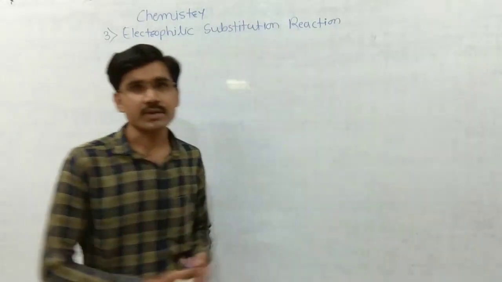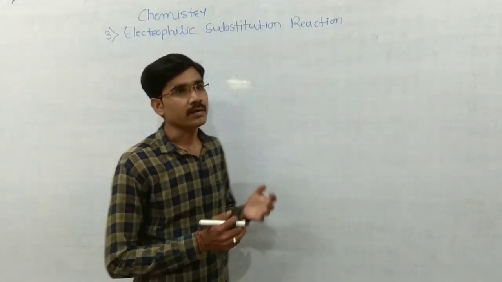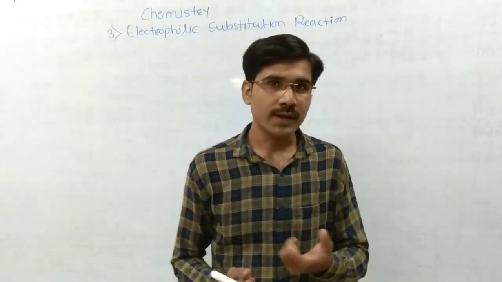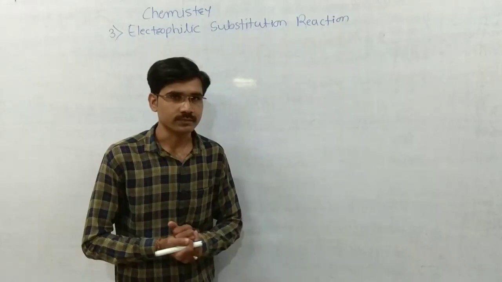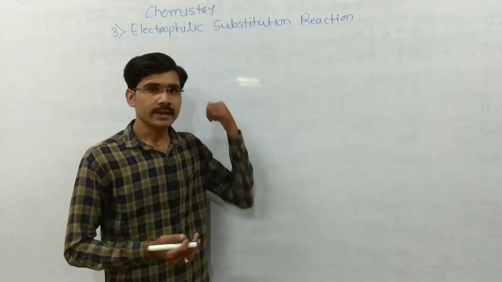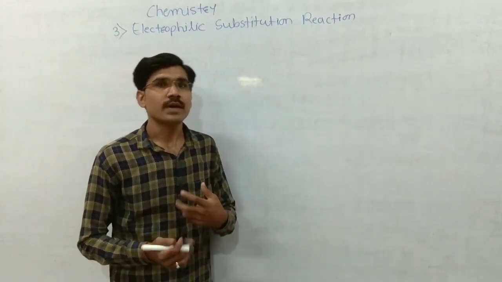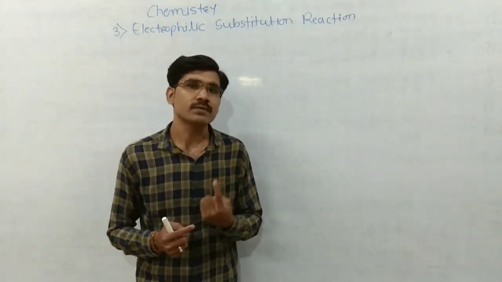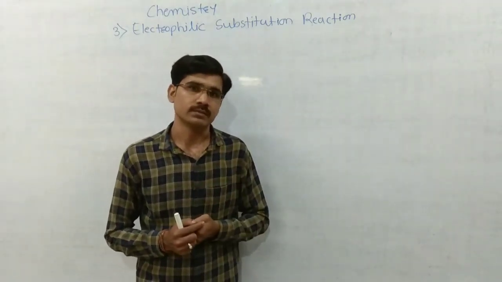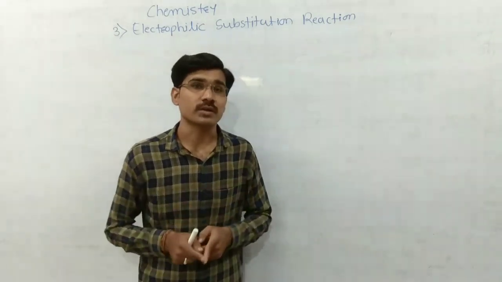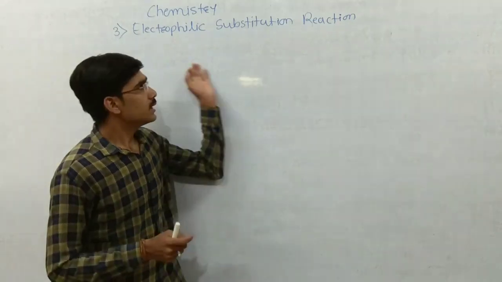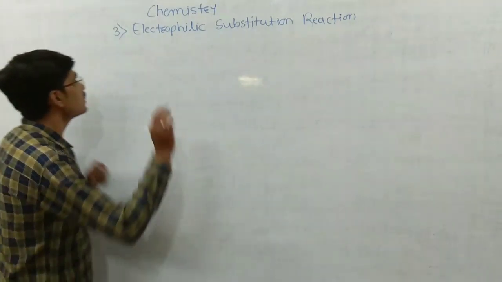We had seen the resonance structure of aromatic ether. In that we are getting activation of ortho position, activation of para position and again activation of ortho position. That means activation of ortho, para, ortho positions. And in electrophilic substitution reaction we are getting two types of product. First one is ortho product, second one is para product. That two products we are getting as a mixture in one reaction.